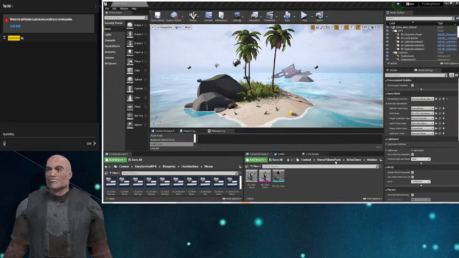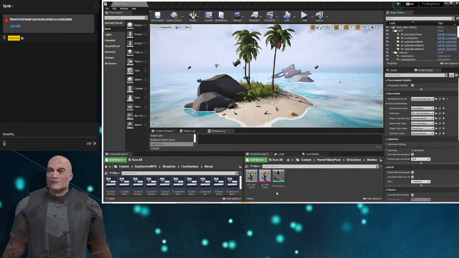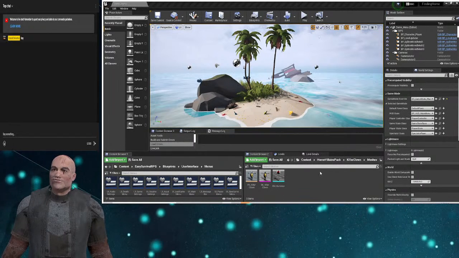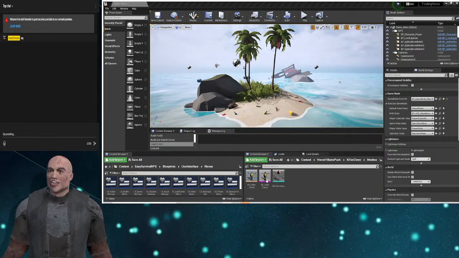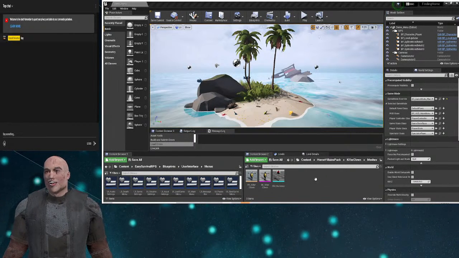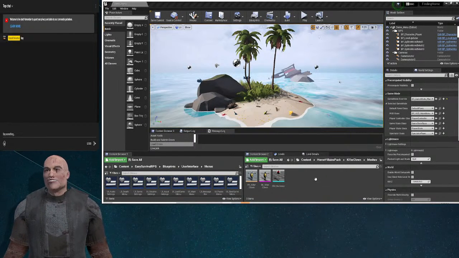So for instance, the advanced fishing is going to have a third person mannequin, it's going to have characters, it's going to have all the blueprints for the fishing guy. So even the buttons that you press,